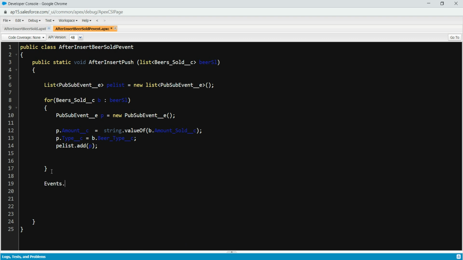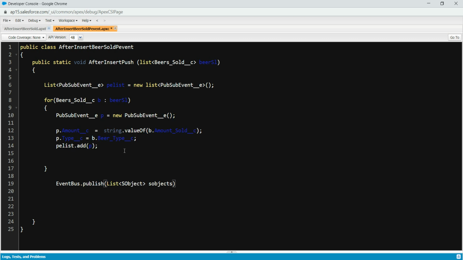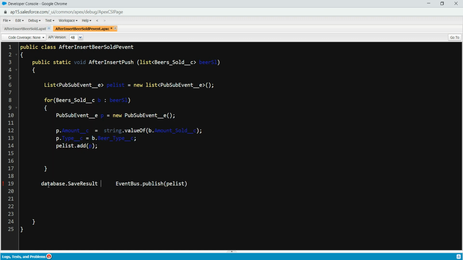Event bus dot publish. Sorry, publish. Right, and we're gonna add this. Alright, just to explain what I'm gonna do. Database dot save result re equals to,